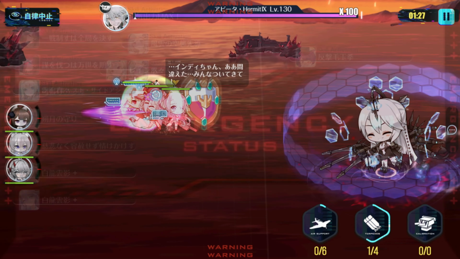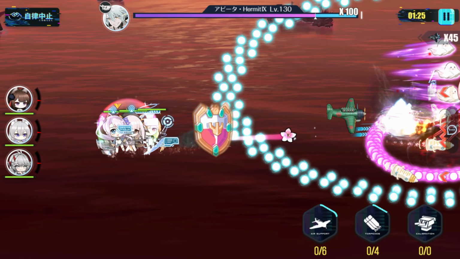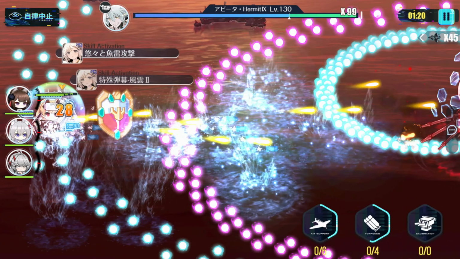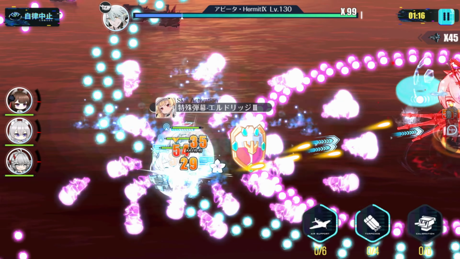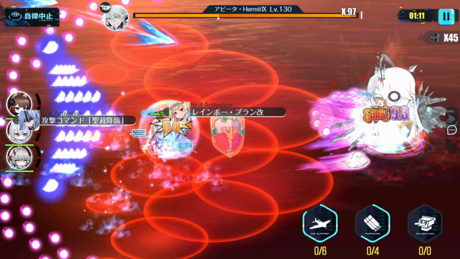Sup guys? In this video, I'm going to be taking a look at some data I gathered from testing Eldritch against this month's Arbiter hard mode, and comparing it to similar comps not using Eldritch. In theory, Eldritch's Operation Rainbow skill should be able to double the EHP of your Vanguard, assuming optimal conditions, but